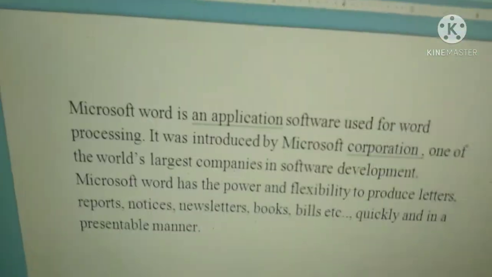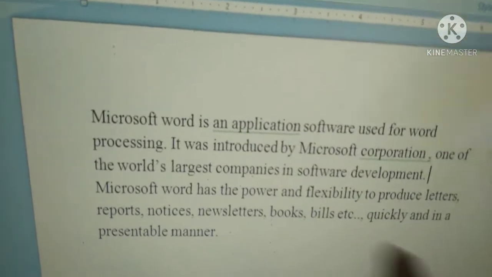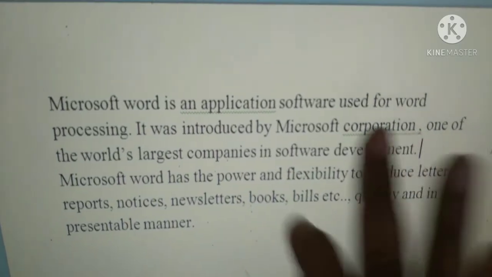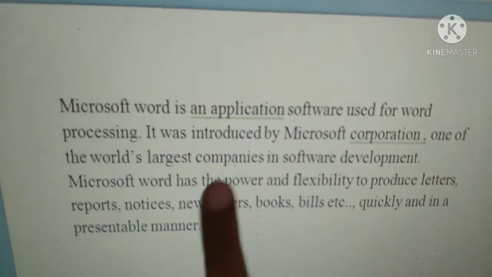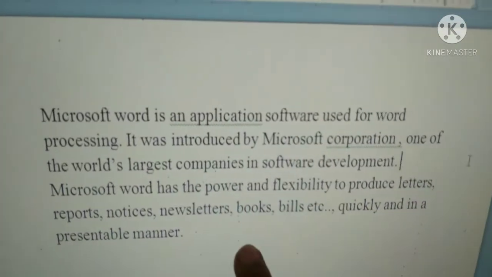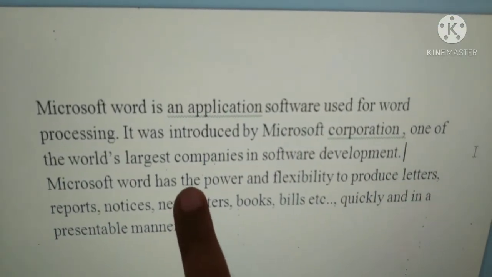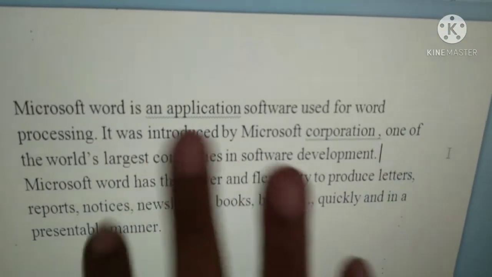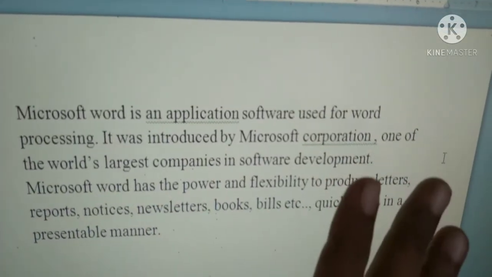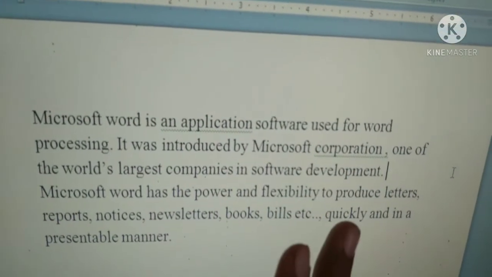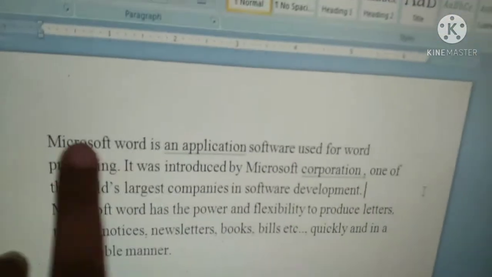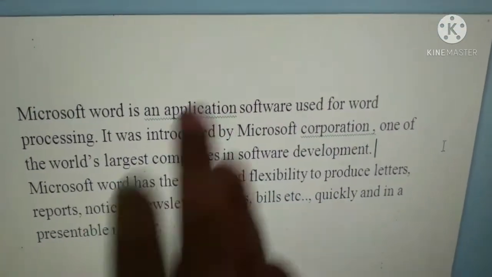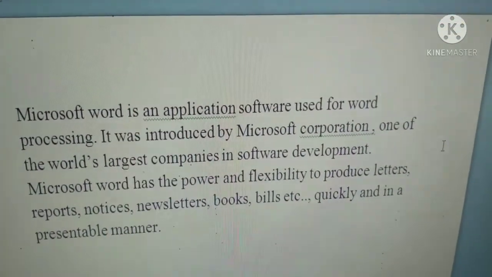See children, here we have only 6 lines. So you can find, I want to know where is "the". As we have only 6 lines, we can find "the" easily. We have it here, and where else? Nowhere. Like that, I want to find Microsoft Word. Where can you find this Microsoft Word? In the first line and in the fourth line. Because it is a small passage, we can search.